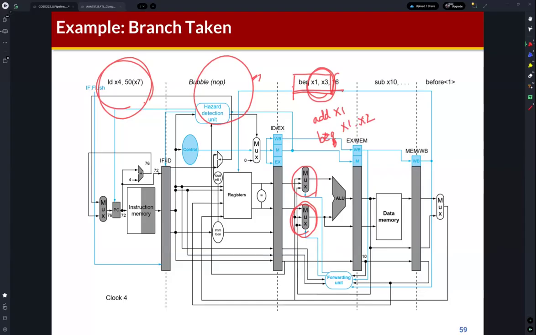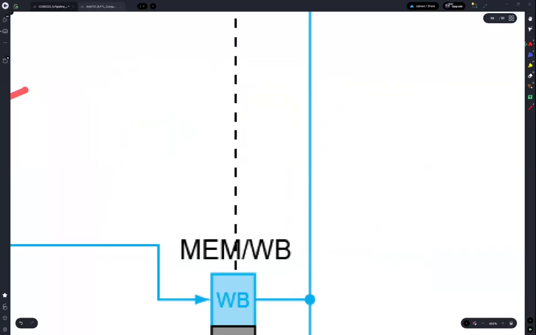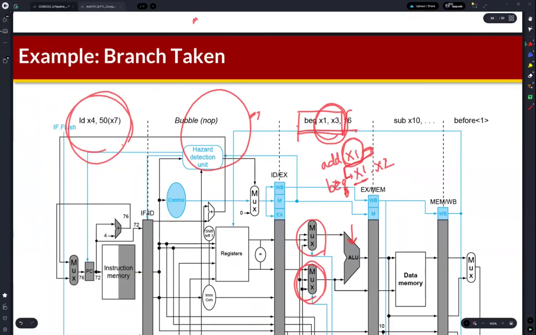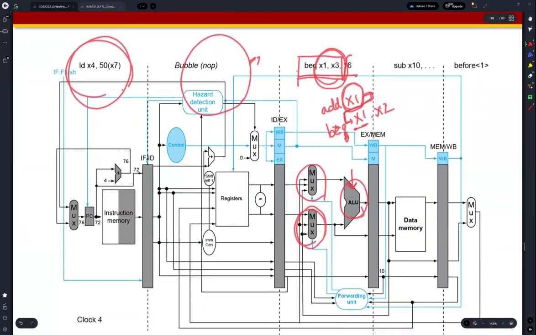This x1 is the destination register of the add instruction. When the branch instruction is executed, which means the subtraction is performed by the ALU, the result of the add instruction can be forwarded to the ALU, right? Because the forwarding boxes are located before the ALU, right? But